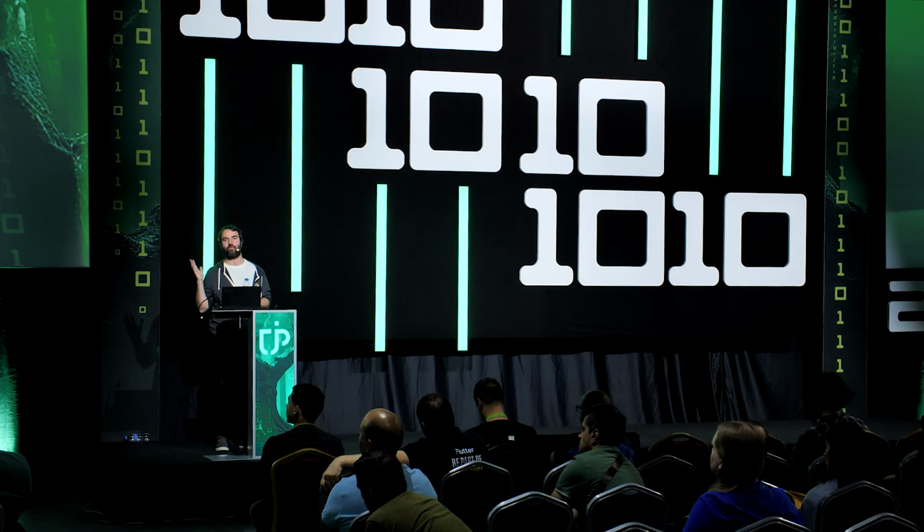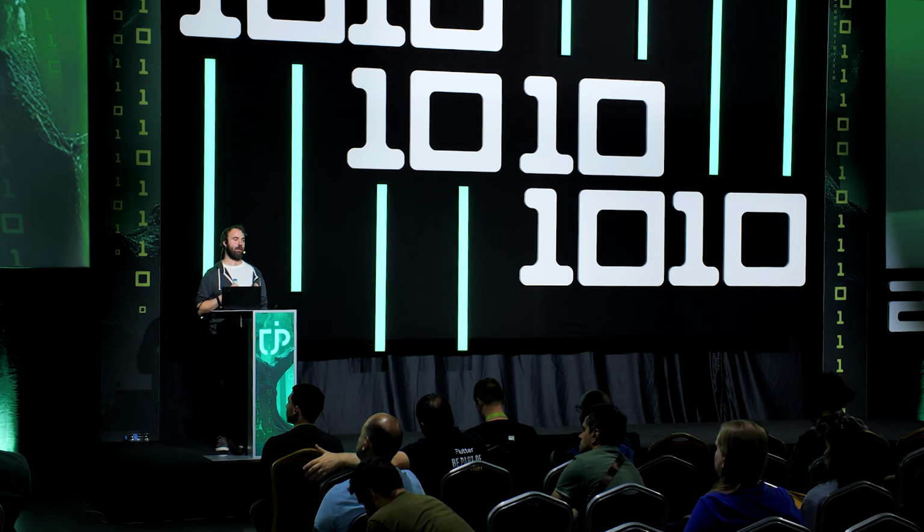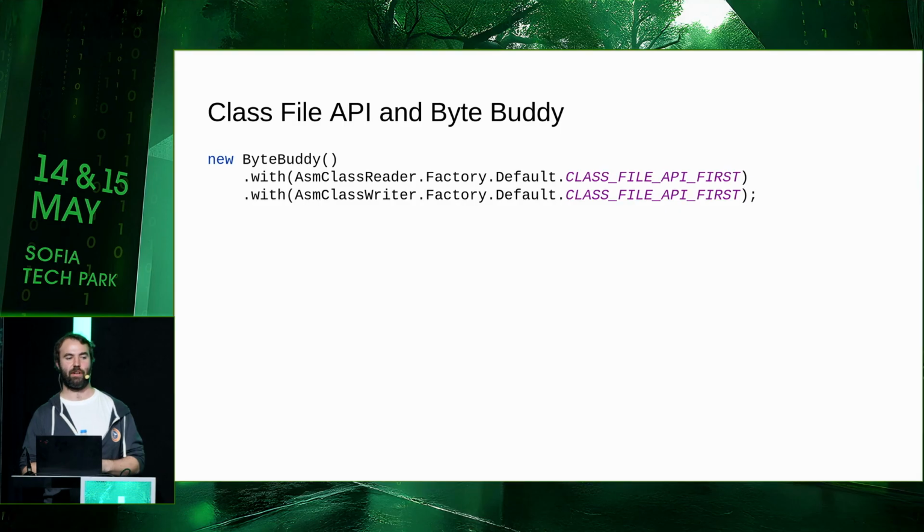And I think maybe in the future people will navigate more to using the class file API directly. But for now, I think we can expect with Java 25, most tools will adapt to this approach. And by saying that, the bytecode community is fairly, fairly small, so we talk to each other, and that's my impression at least. And also in ByteBuddy, if you use that, you can say, I want to use the class file API first, but by default, you just use ASM, and only if you encounter a